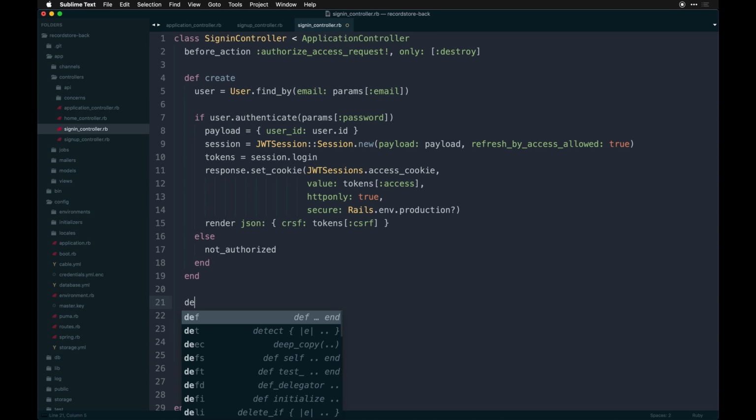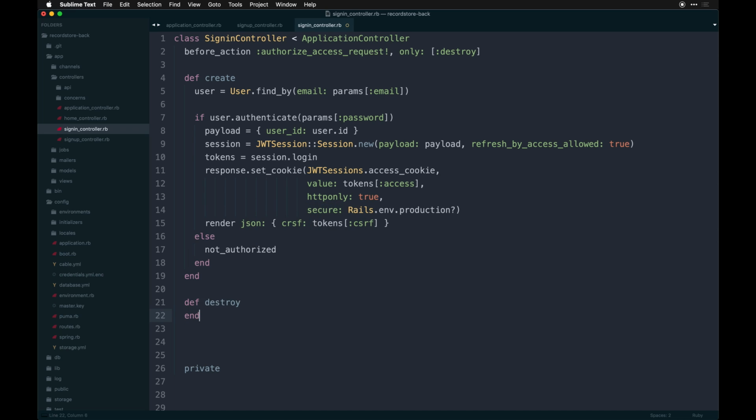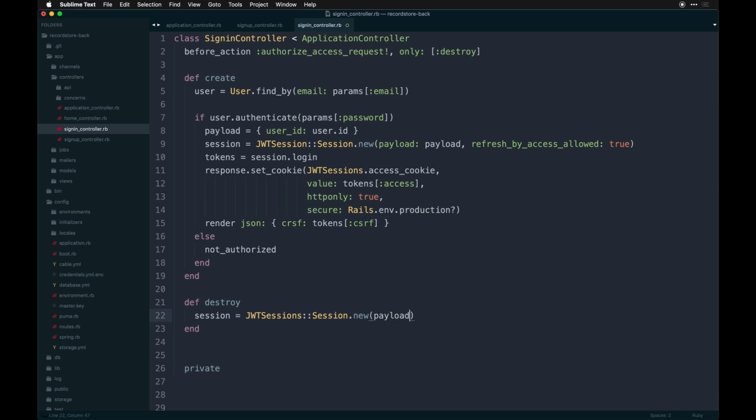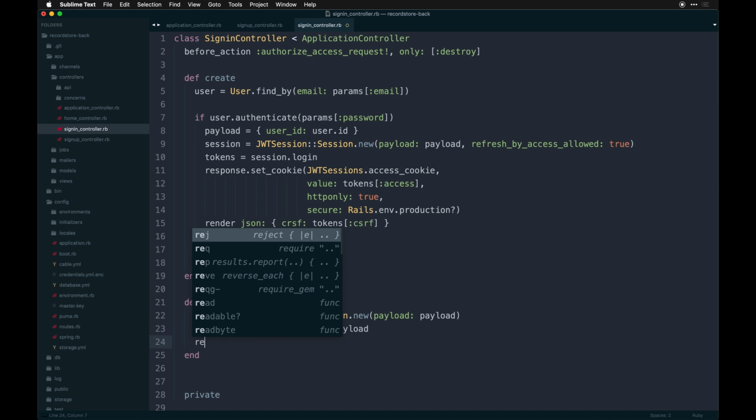All right, so we need one more that is a destroy method. This is to log in. This is to log out. So we'll just take the session and set it to the same stuff we've been doing. And then we'll do session.flush by access payload. Cool. And then we'll just say render